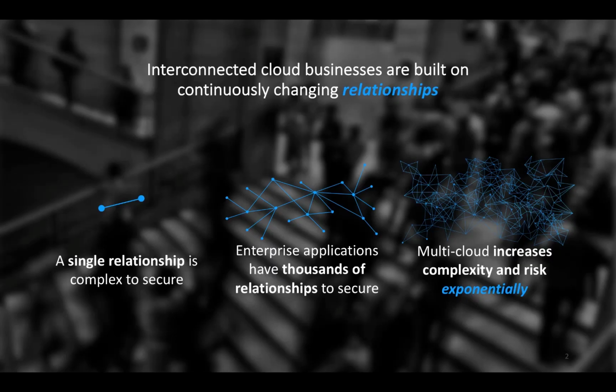When you think about the applications that are running in your cloud environment, they are interconnected by nature. To protect your cloud, you must understand all the relationships between your application and your environment to identify risks so you can secure accordingly. With these relationships continuously changing, it's complex to secure even a single relationship. Real-world enterprise applications can have thousands of relationships, and when you compound that with multi-cloud environments, complexity and risk increase